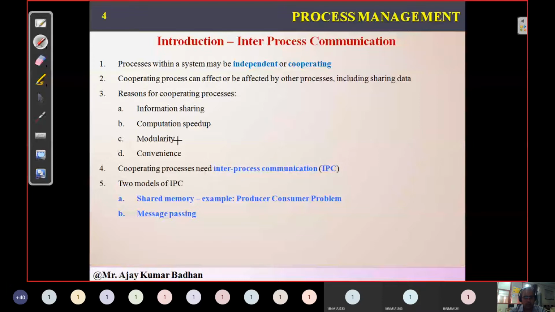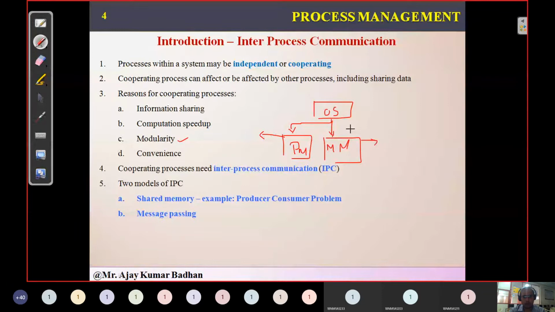Modularity is nothing but this: our operating system, whatever we are discussing, is very complex in nature, so we cannot create it in a single stretch. We need to divide it into different modules that we already discussed. We have something called process management, for which we are creating a separate video. After that, we have memory management. Okay, this is a separate program. Imagine that these are the programs, these are the functions we are creating. This is one kind of function; we call it a module.